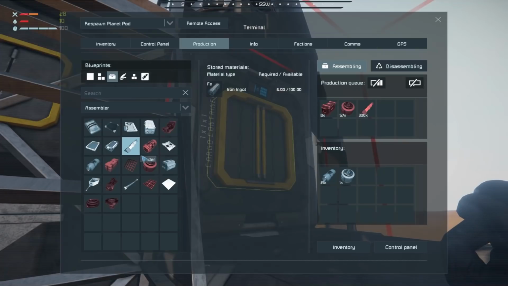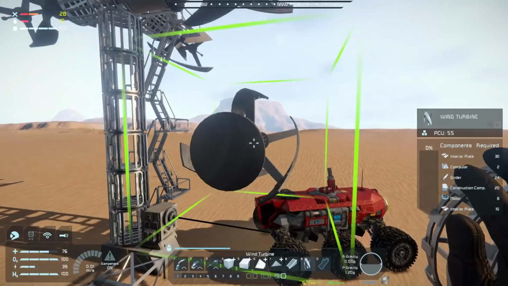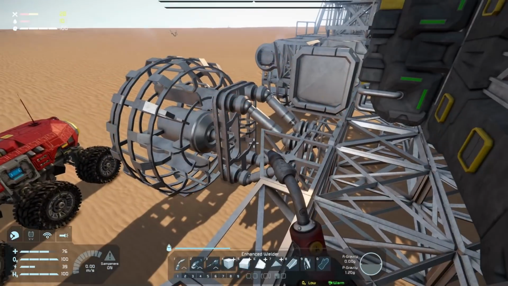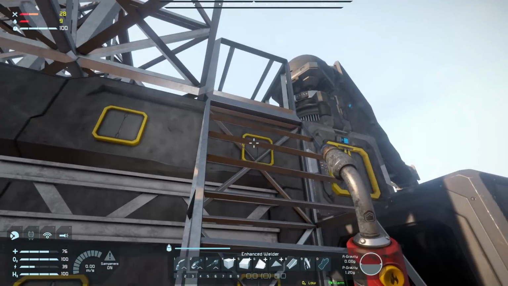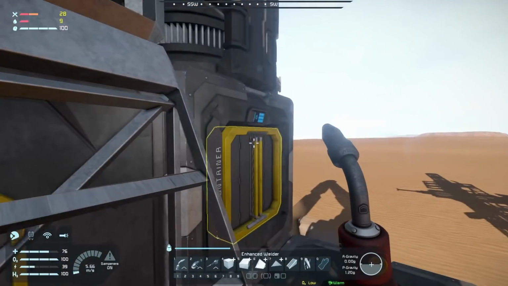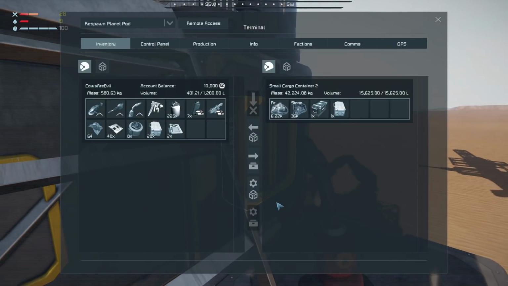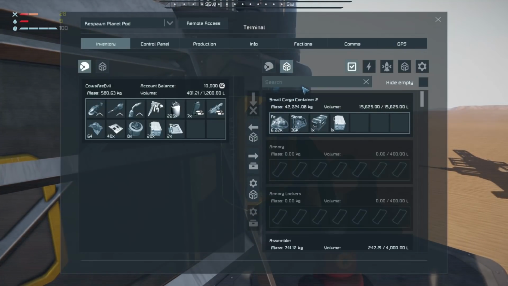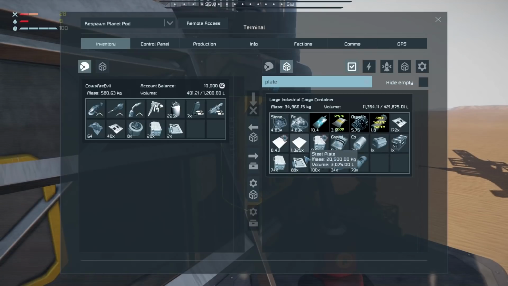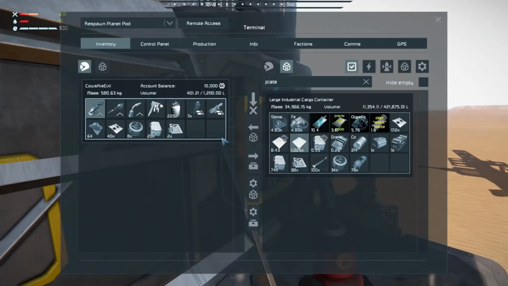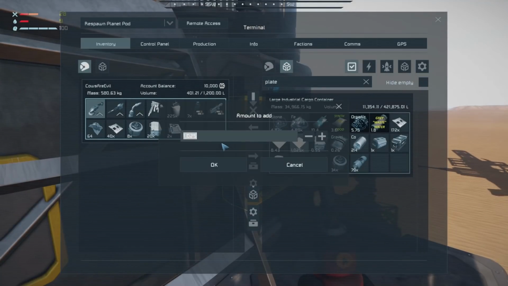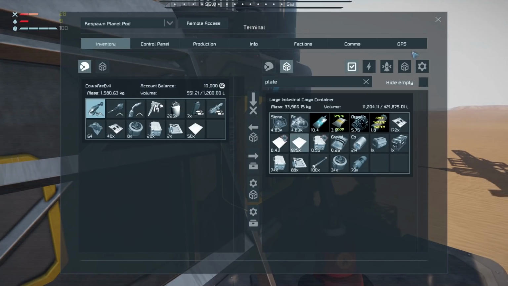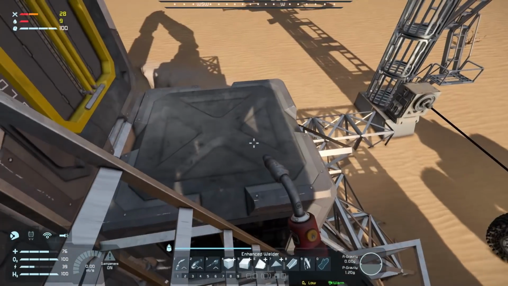I think better get, maybe I'll get a few more of them running first. Okay, so let's go to plan B. Let's get our production up and running then, shall we? Because I can have plates. So right here,